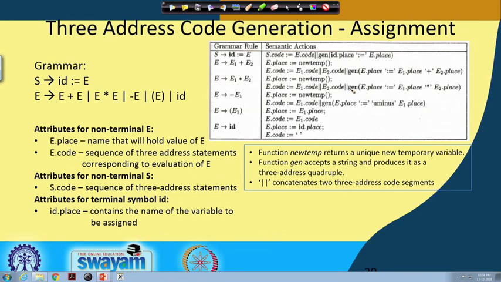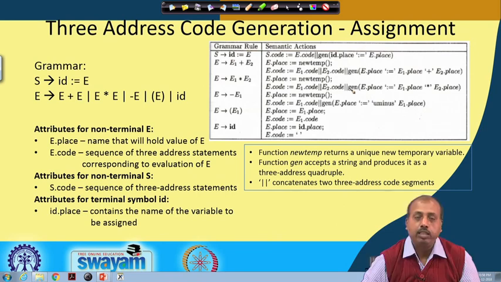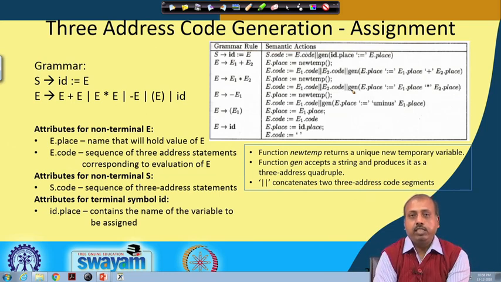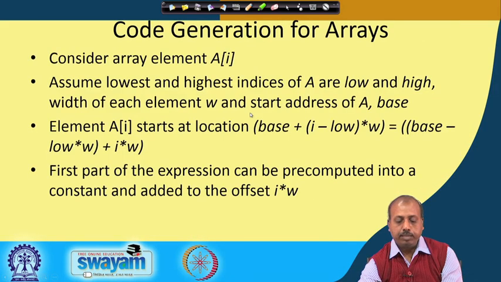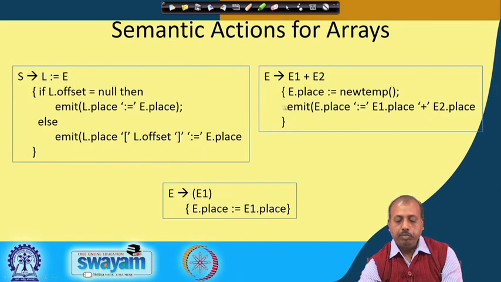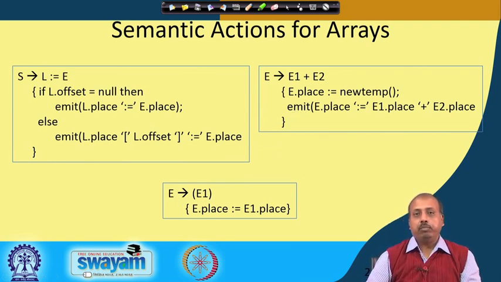So, the codes are kept in a list sort of thing. As I was telling, at many places we can keep the code in a list, or you can write it onto a file directly. If you look into some later rules that we have discussed in this course, like say array and all, there we will be using this function emit instead of gen. The difference being that when it is gen, it is generating the code, and when you say emit, it is as if it is writing onto some output file.